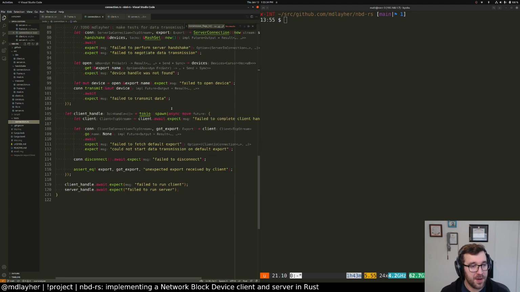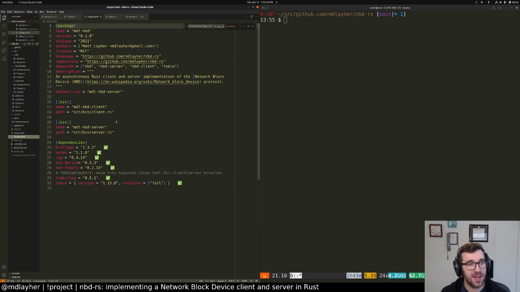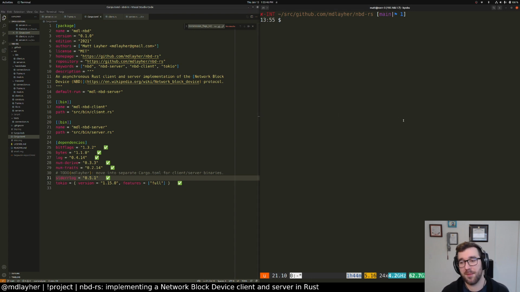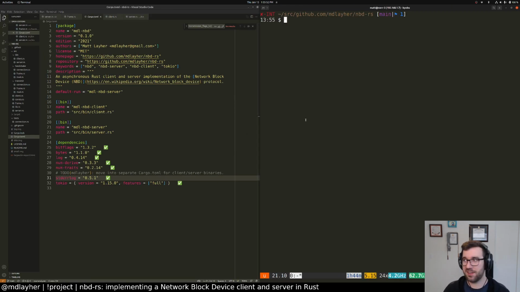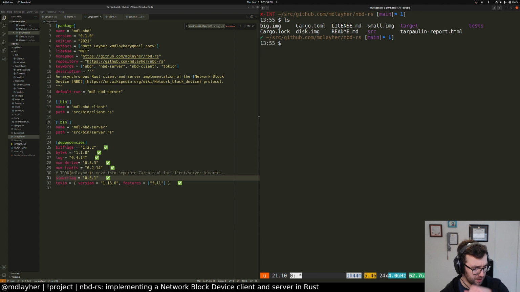Yeah, I feel pretty good about what we've done so far. Maybe it is time to at least publish a basic crate and start getting API feedback. I think that would be interesting. Actually, I should probably fix this because I have the log and such. I can make the client and server into separate modules, or excuse me, separate crates, I suppose. So